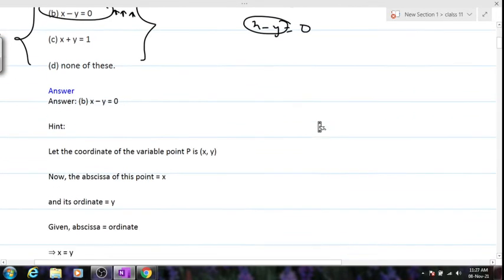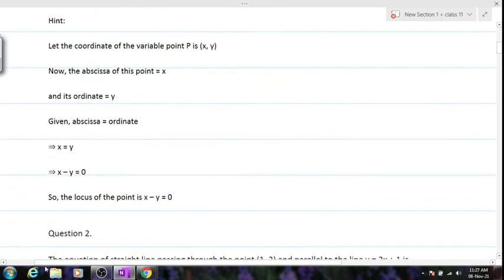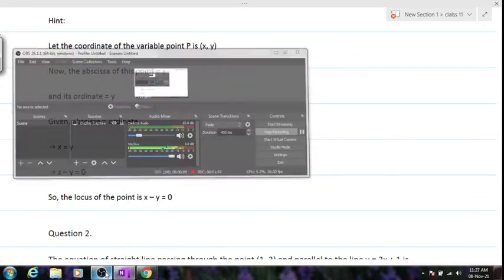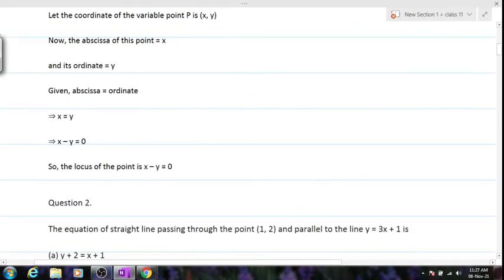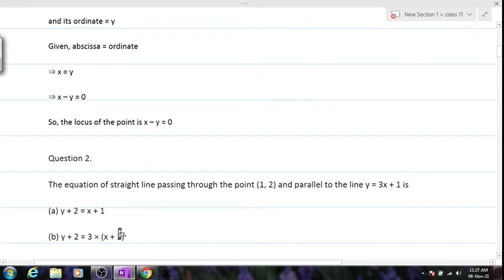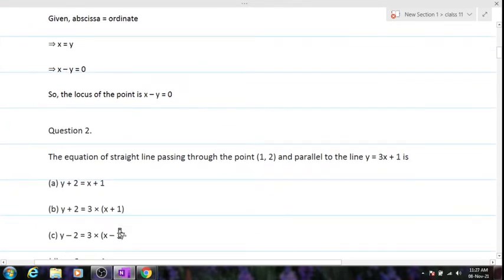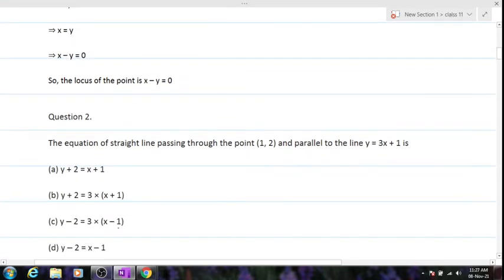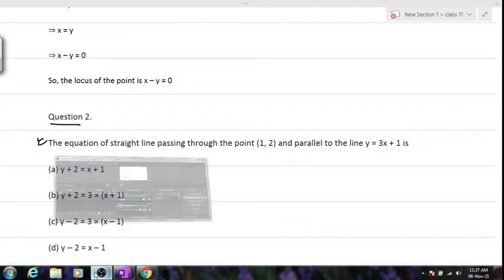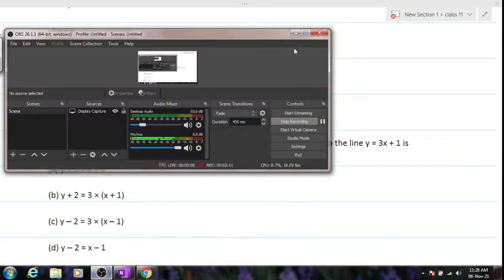Okay? Now we'll move on to our next question, which is question number 2. I hope question number 1 was clear to everyone. Question number 2 is right in front of your screen. You don't have to copy the options. Just write question number 2 and copy the entire question and then try figuring out which amongst the following are your options. I'll pause the video for you to complete copying it down.